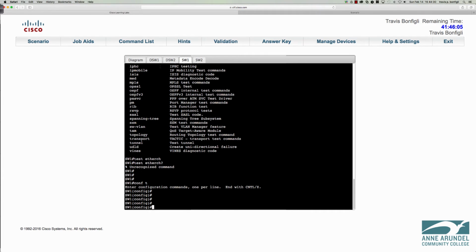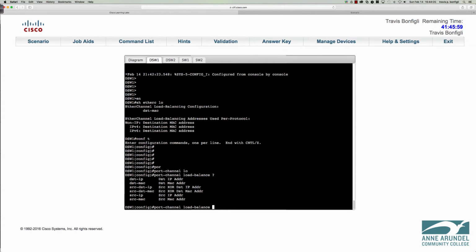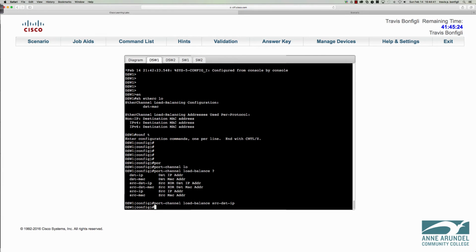So let's go ahead, we'll go to DSW1 and we're going to make that change where we're going to say port-channel load-balance, and then there are my options. Now remember, the exclusive OR, or the XOR, is only going to be for scenarios where we have 2 criteria that we're trying to do the hash on. So source and destination IP and source and destination MAC address. So that's why it says XOR in the definition for those. The other ones, it's only going to take a single piece of information to perform that hash and then make a decision. So we're going to say source and destination IP. And that's going to give us a better opportunity